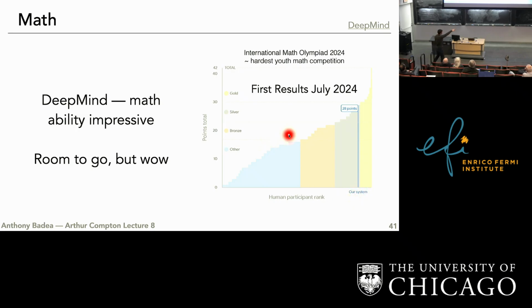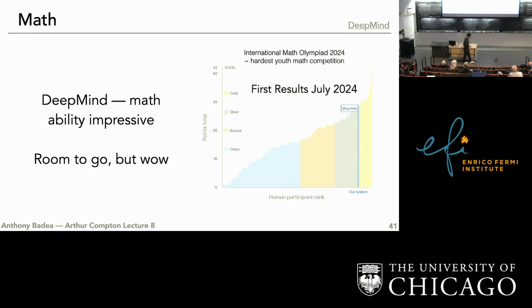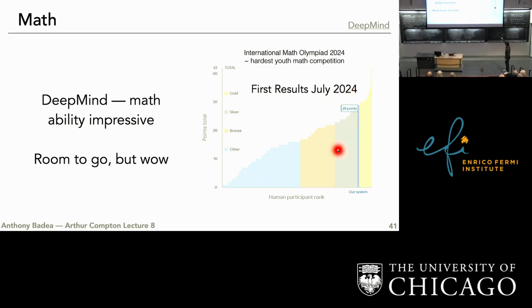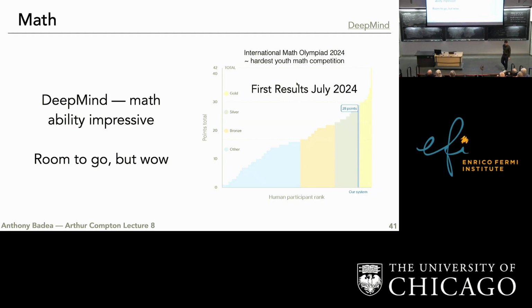So to emphasize, this competition is, I think it's something like the best 4 or 5 mathematicians from every country go somewhere and compete. And they had their algorithm run on it, and they got basically a silver medal. And to emphasize, this is really their first time at even trying this. So I'm going to guess that next year, instead of having a silver medal, they're going to have a gold medal.